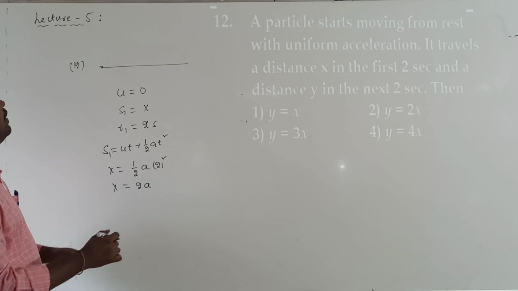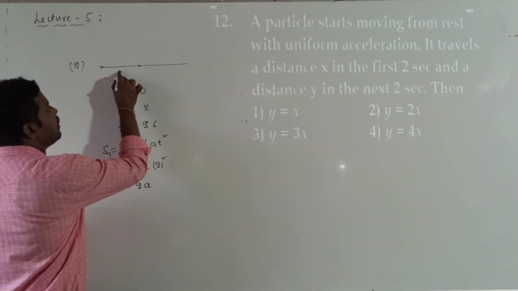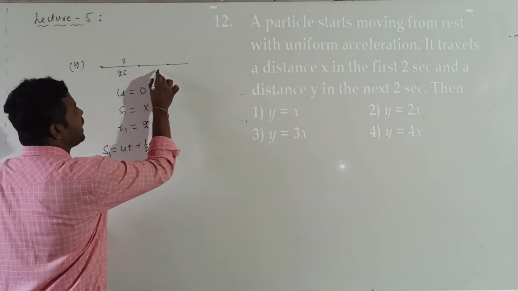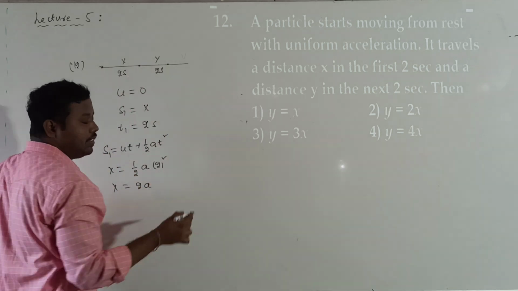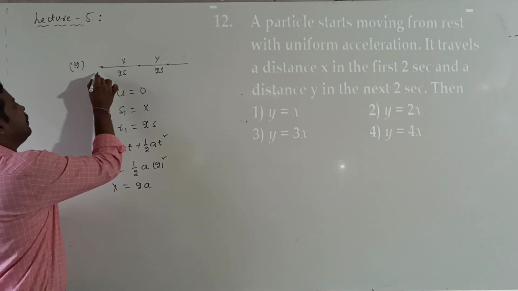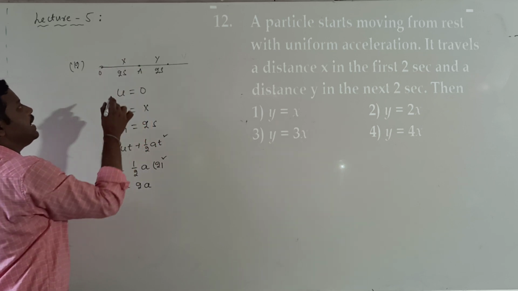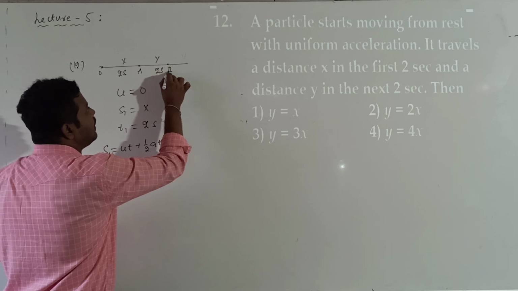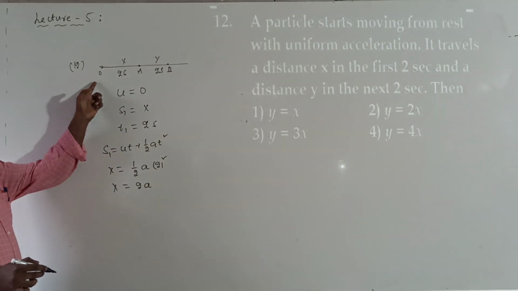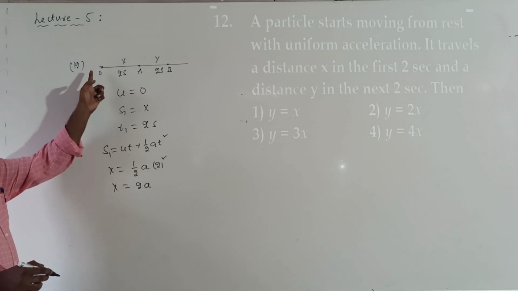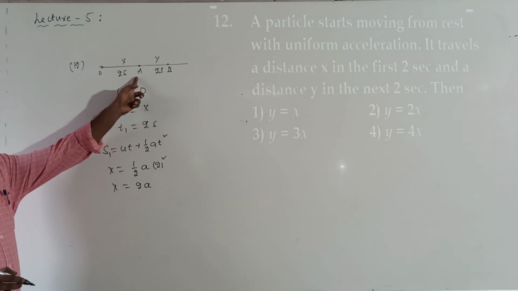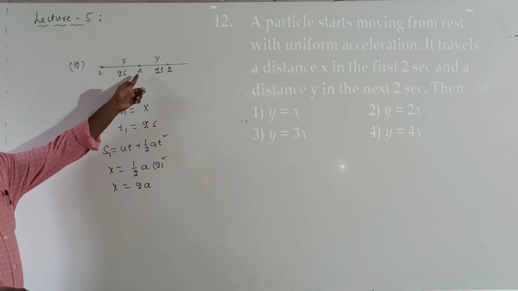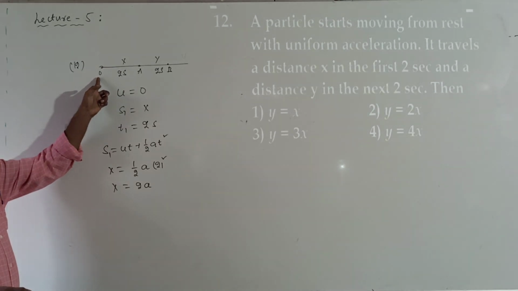So that is the distance travelled in the first 2 seconds, given by x from the start. In the next 2 seconds, it has travelled a distance of y. If I consider the journey started from O, it has travelled up to A, the distance is x, and the time taken is 2 seconds. Next, from A to B, the time taken is 2 seconds. Now when I consider O to A, the initial velocity is 0. When I consider only A to B, the initial velocity is not 0, and I don't know that initial velocity. So instead of calculating it, I will start the journey again from O to B.